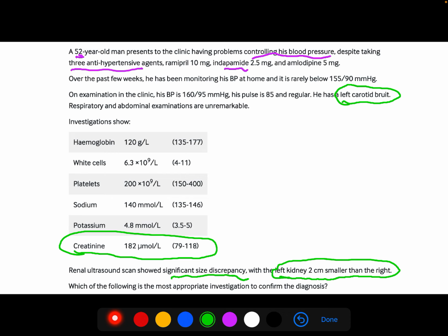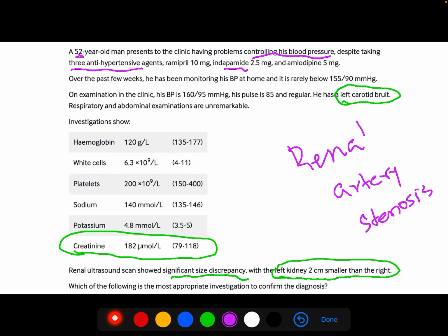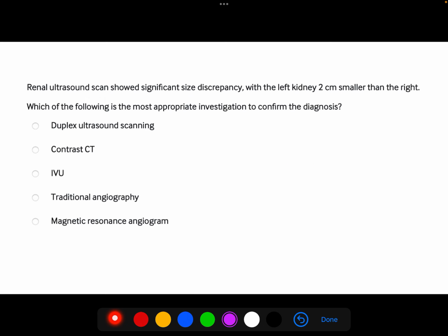So with these findings, what is the diagnosis? In this situation, diagnosis is renal artery stenosis. So we are suspecting renal artery stenosis. For making a diagnosis of renal artery stenosis, what is the best investigation? That is the question. First, ultrasound scan with Doppler study is an investigation which can be done to make this diagnosis. But the problem is